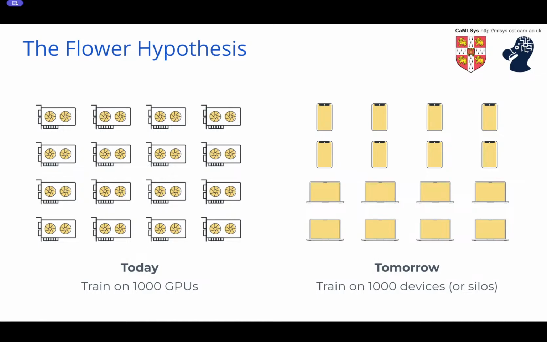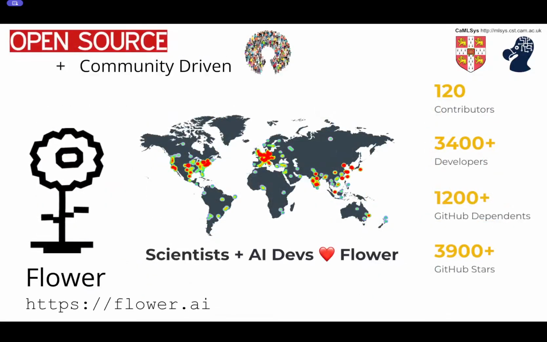But again, the Flower hypothesis is that there's no fundamental difference in the level of complexity in those challenges that remain to be addressed in federated learning than has already been solved in the world of centralized. And so all we need to do is lean into it, proportional to the opportunity, and this thing will crack. So what are we doing? We're building Flower. The whole idea of Flower is to build software tooling that makes it as easy to train on 1,000, 10,000, 100,000, I don't care, number of data sources as it is on centralized today.